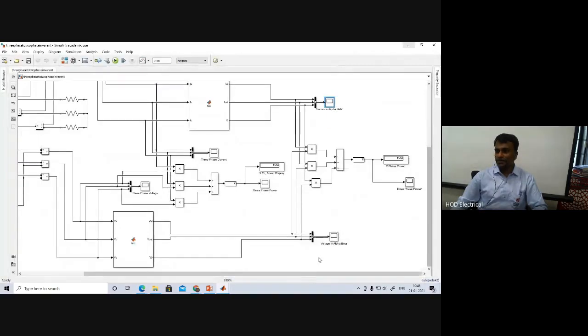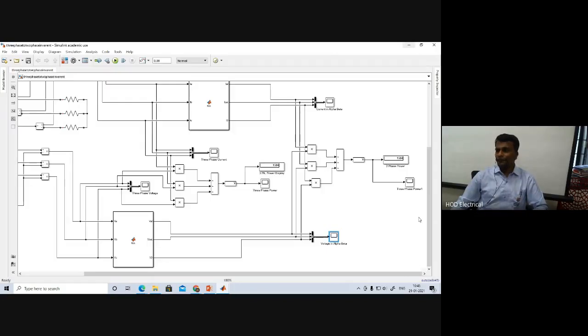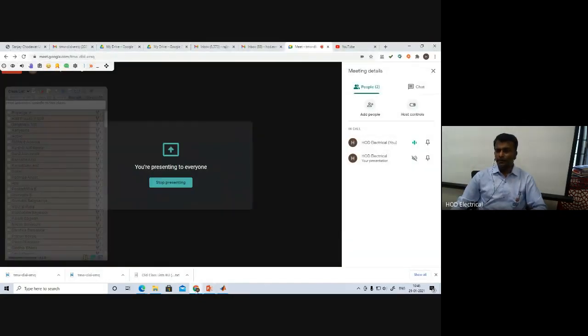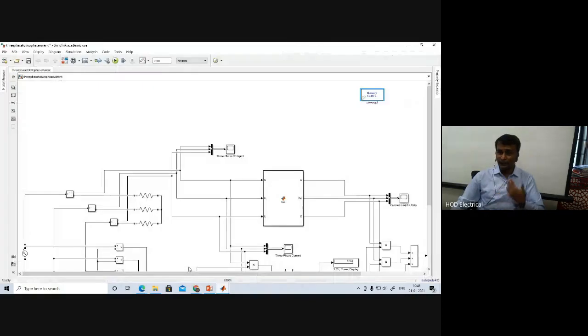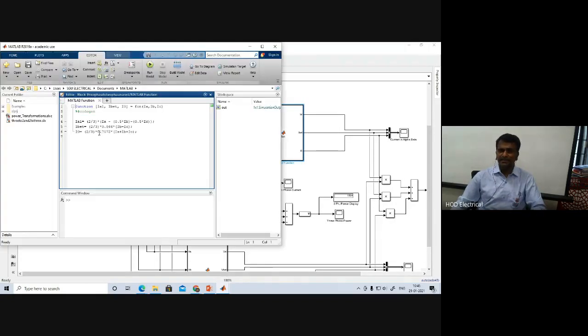Then similarly for three-phase voltages also, in the two-phase voltage, V beta is leading when compared with V alpha. Then we end up with this concept. Now let me explain the concept of non-power invariant transformation. In this transformation, all the values are the same. Only I am changing this transformation matrix. Here, instead of square root of 2 by 3, I am choosing only 2 by 3.